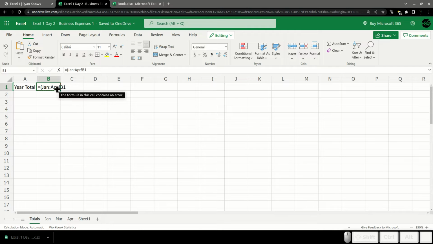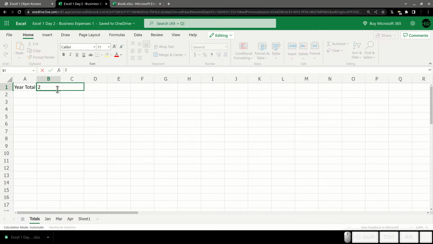Formula in the cell contains an error. Oh. There's a parenthesis right there. Now it doesn't like the reference.